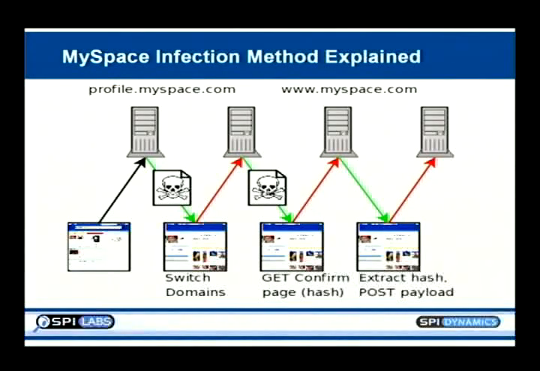I mean, if AJAX can't phone home and say, hey, here's what's going on, you've got to find some way to get to www.myspace.com. Well, interestingly enough, profile.myspace.com and www.myspace.com, while they don't have the same web root, you can read profiles on www.myspace.com. If you're looking at someone's profile and you simply replace profile.myspace with www.myspace and request the page, you'll get the